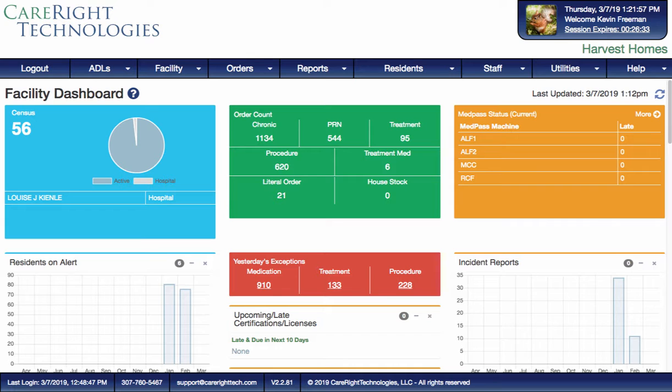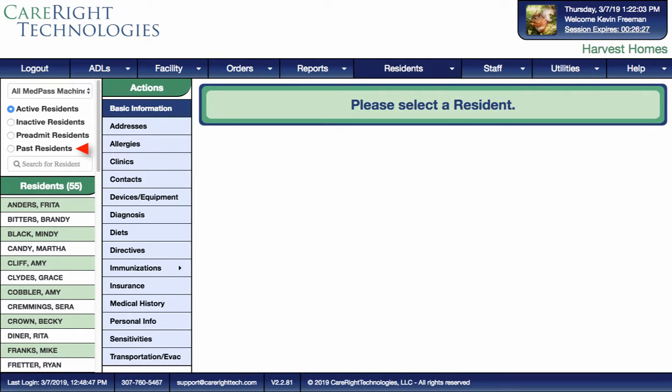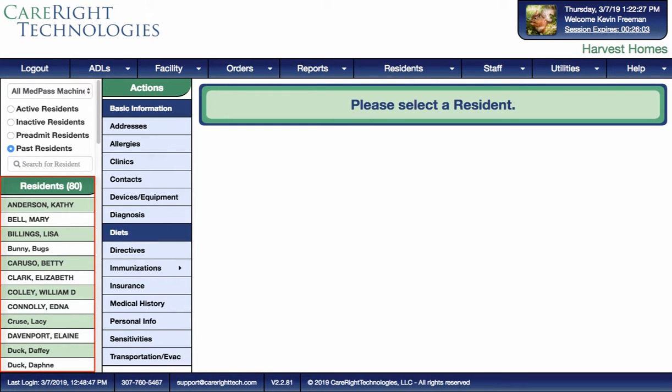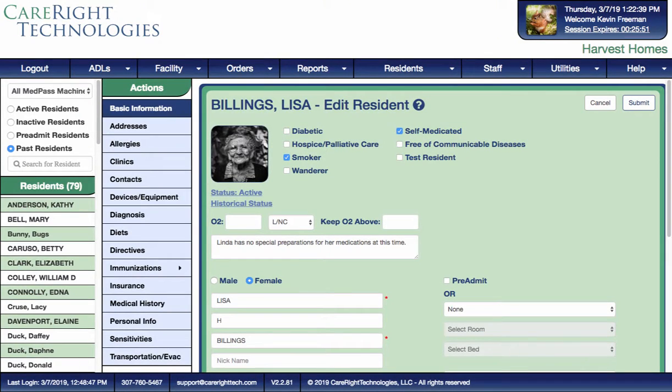to the facility. Navigate to Residents, Edit Resident, select Past Residents from the radio buttons. If that resident already has a profile, select it in the Resident Selection panel, then select the status link to readmit them. Confirm and the resident will be readmitted. They will not have a bed or room, so they must either be set to pre-admit or given a unit